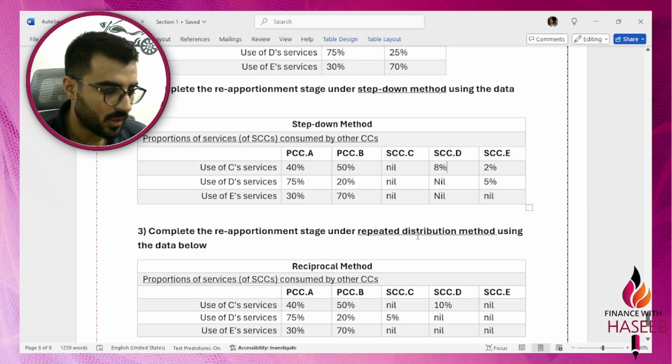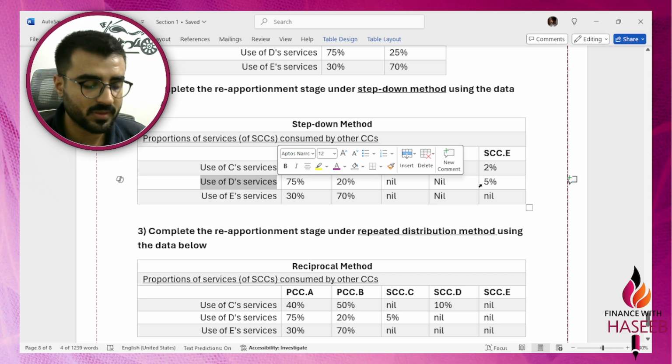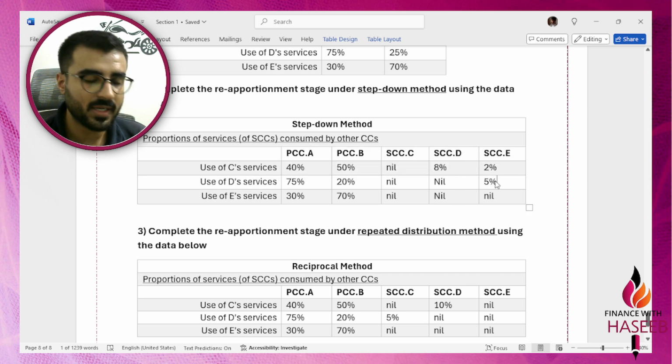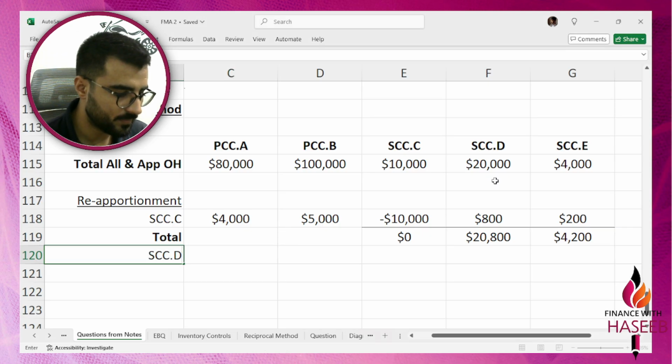Of course, we will do this service cost center D first. Why? Because it is providing service to service cost center E. We always start with those service cost centers that are providing services to other service cost centers. So service cost center D,